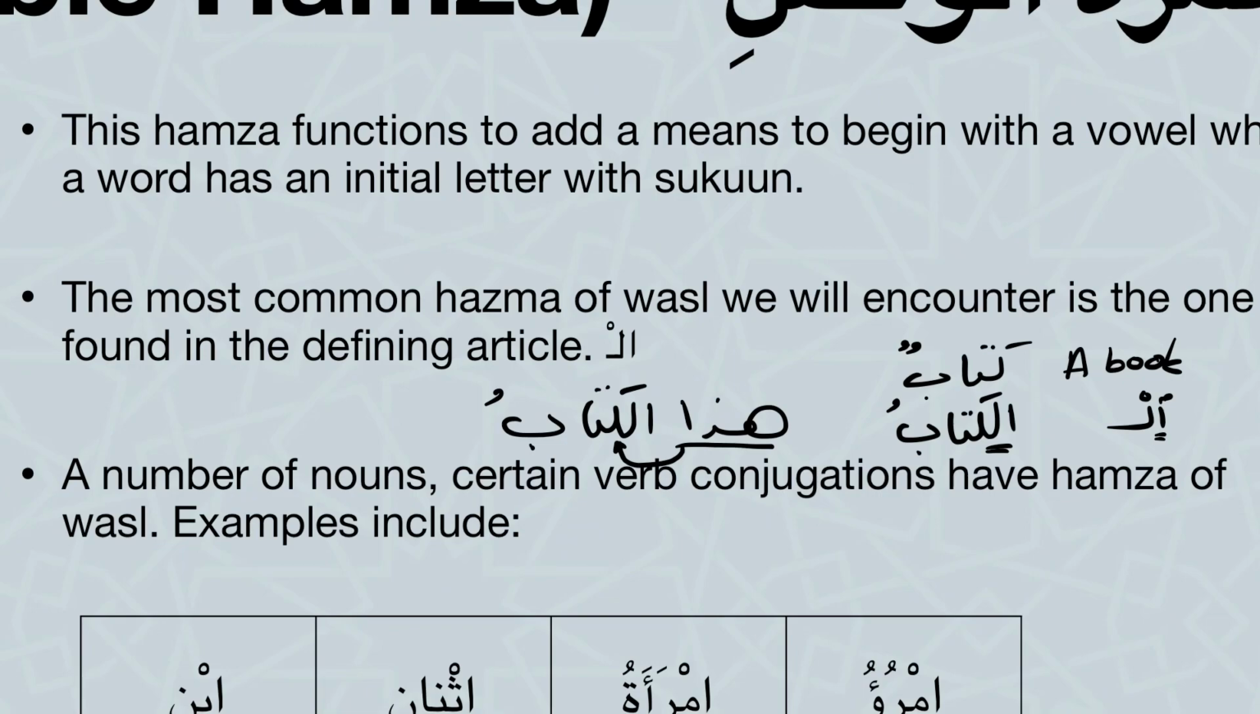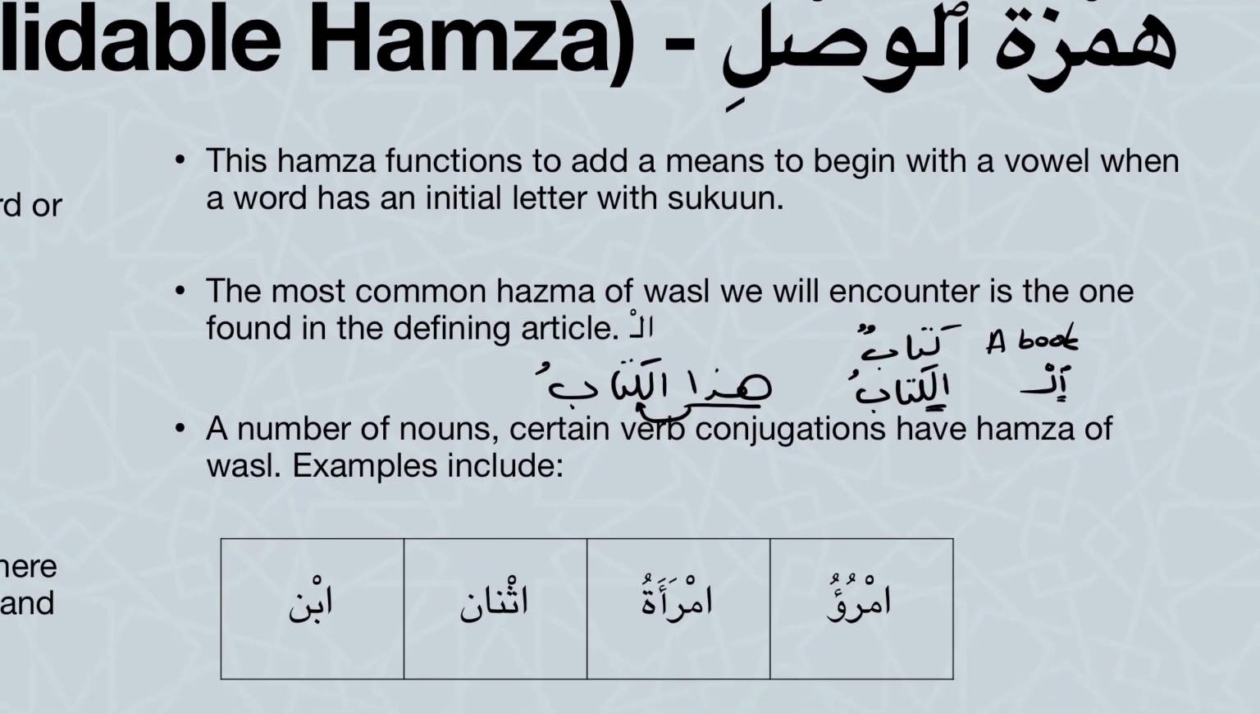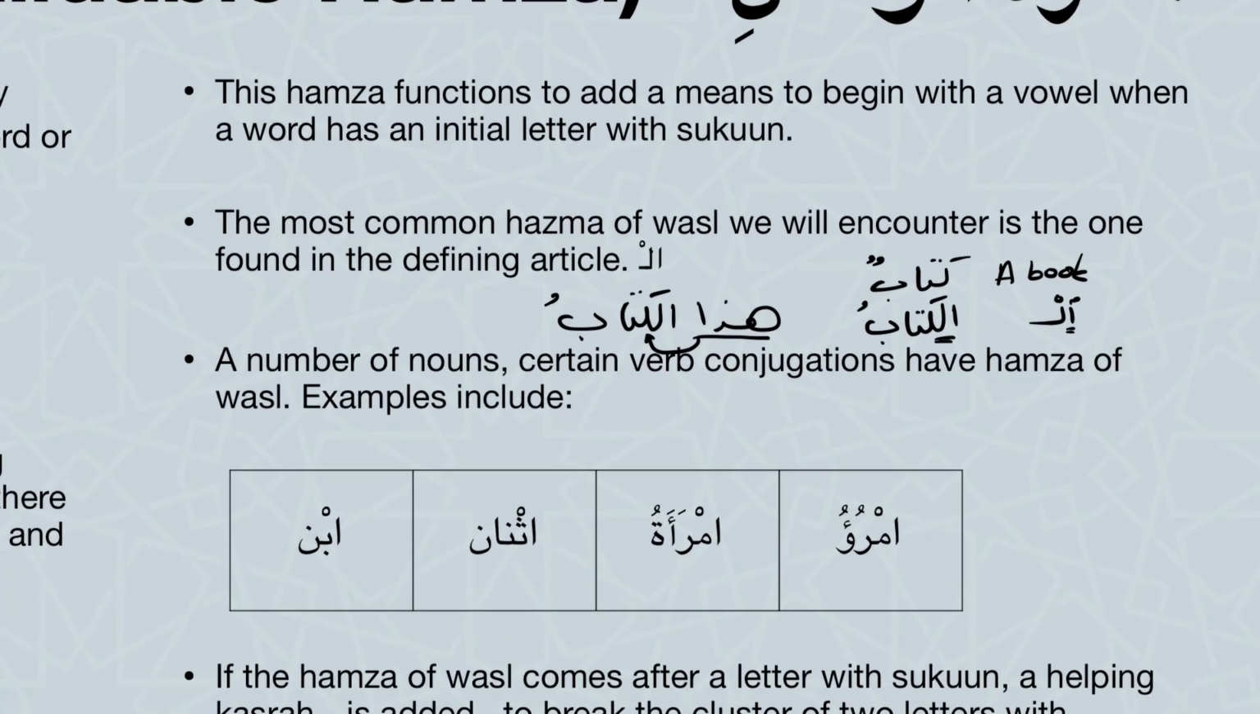And this is when we finish the wasla, we jump to something called sun letters. So again, we jump to the number of nouns. Usually,